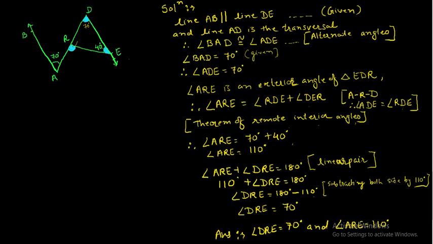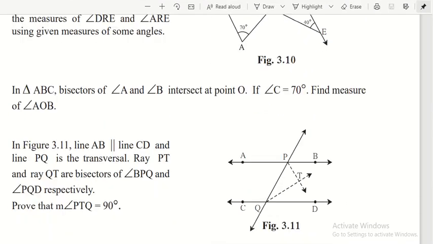Now see another sum, next sum. In triangle ABC, bisector of angle A and angle B intersect at point O. अभी इसका मीनिंग क्या है कि एक हमने ट्राइंगल कंसिडर किया है ABC और बाइसेक्टर ऑफ ए एंड एंगल बी, यानी एक ऐसी रे खींची जो ए को इक्वली डिवाइड करता है, बाई यानी टू, और सेक्टर, बाइसेक्टर मीन्स टू पार्ट में डिवाइड करता है। ओके, तो वैसे ही ए को अगर टू पार्ट में डिवाइड किया और बी को भी टू पार्ट में डिवाइड किया, तो वो जो रे बनती है ना, वो कहीं ना कहीं मिलती है, दैट इज एट द पॉइंट ओ।